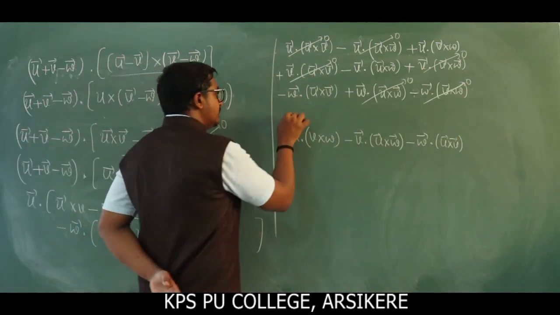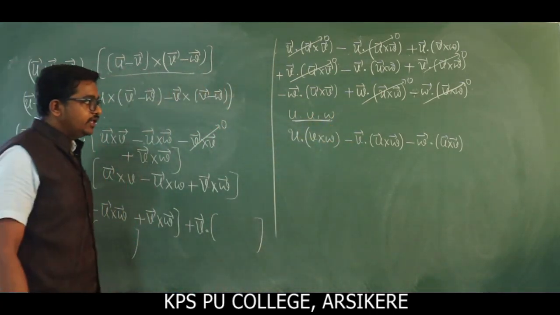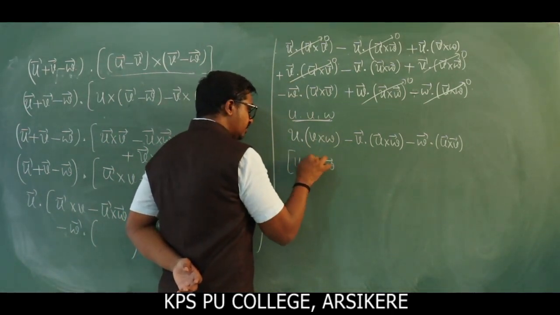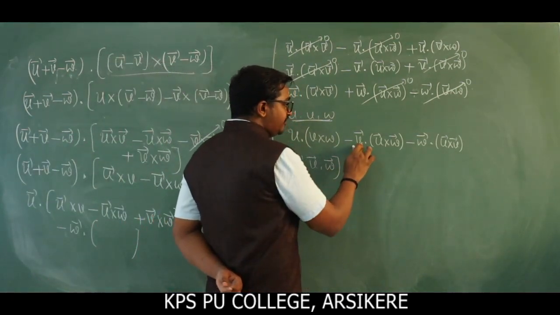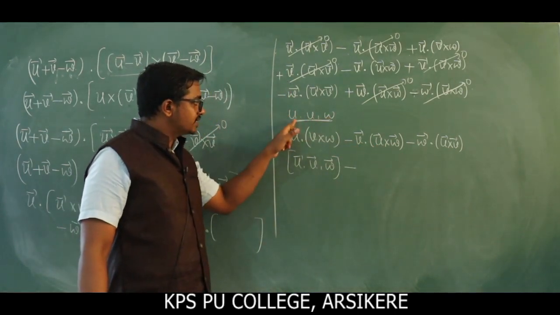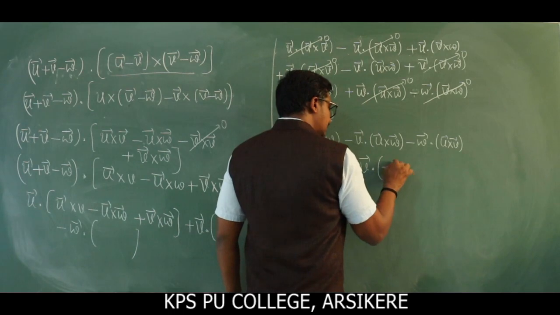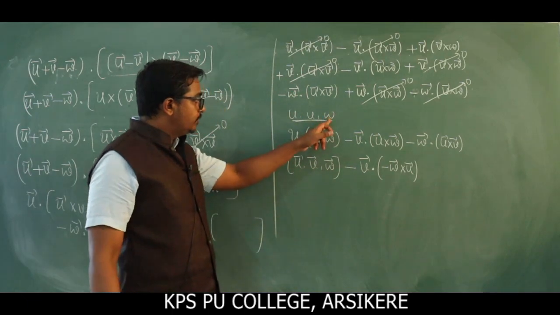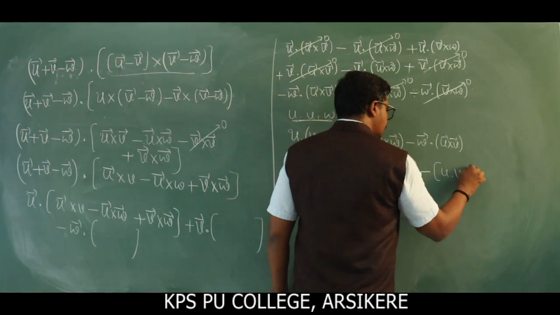So we will rearrange this one, u v w, always go with cyclic order, u then v then w. This becomes u v w, that is the scalar triple product of the 3 vectors u v w. Minus, here v is there and u cross w is there, but for v we need w cross, so take the negative sign, this is v dot minus w cross u. This is in cyclic order. w u v can be written as minus u v w. So all are the same, right?